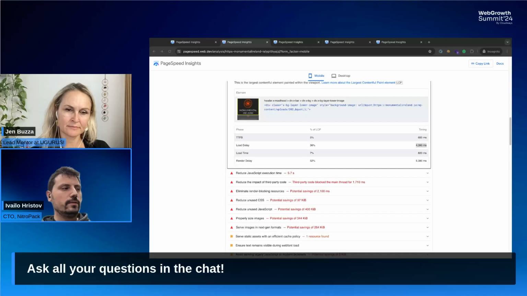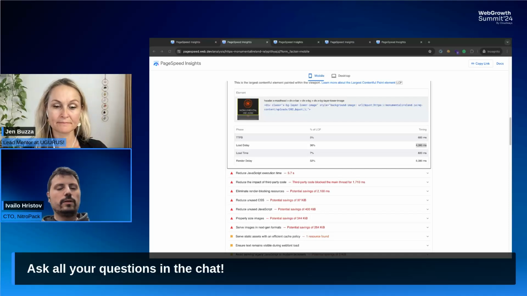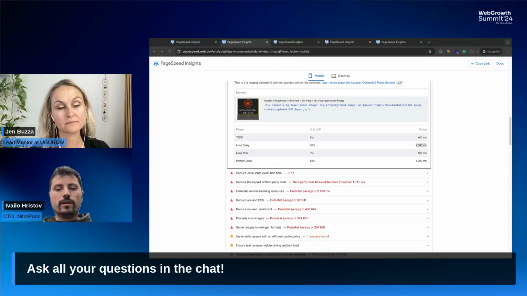For each and every case it's different, but mostly it falls into some common patterns. LCP is one of the things that is typically harder to fix, and most commonly sites are struggling with that. So LCP, as I mentioned, just look at your time to first byte. Like we saw in this example, half a second is a great time to first byte. Make sure that you have this and this is stable, and then move on to improving how you deliver